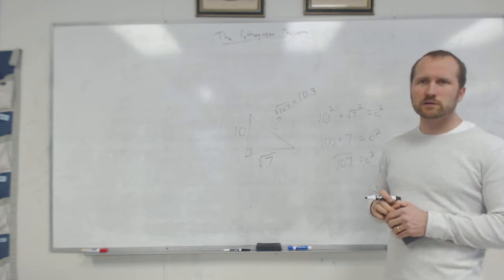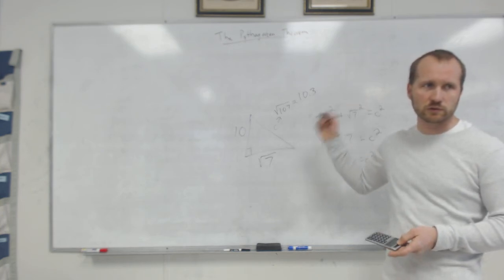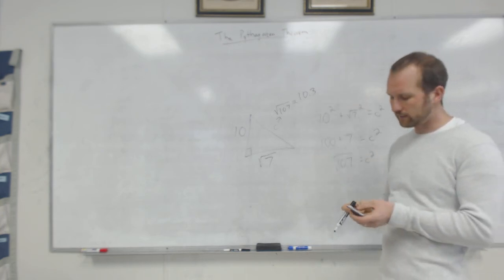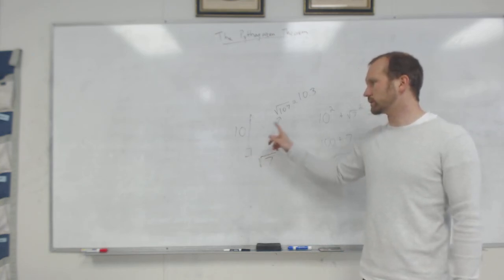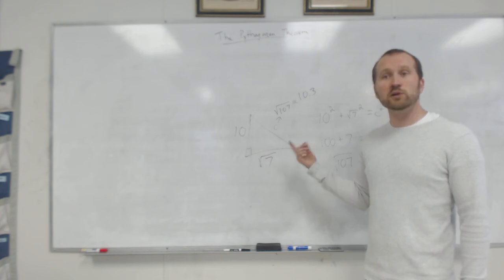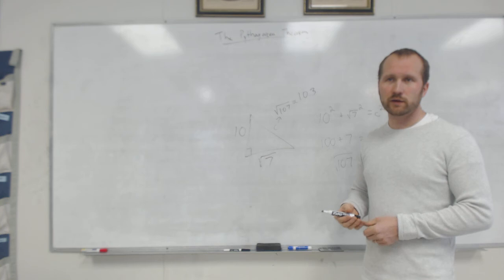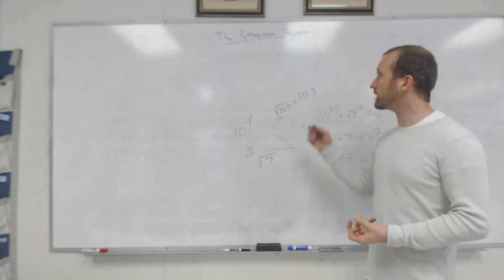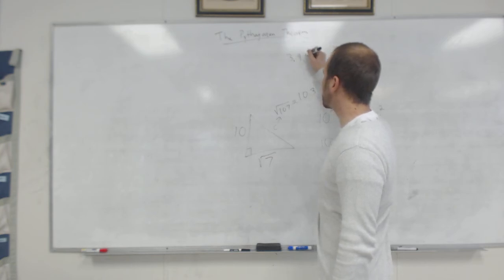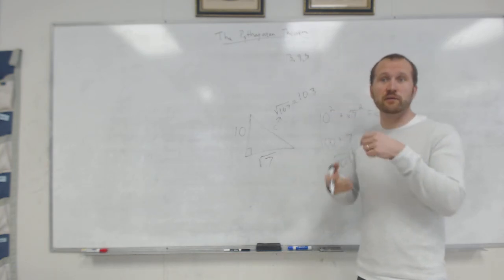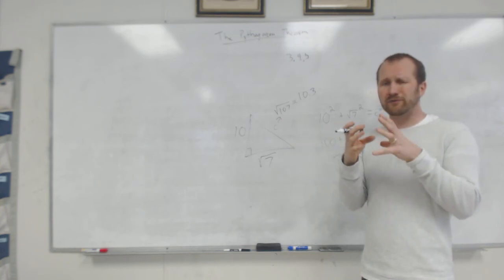Does that make sense? Sometimes you'll get decimals or square roots, and that's totally fine. You don't have to have a triangle that has perfect integers for every side. When you do, those are called Pythagorean triples. And you can actually find out what the Pythagorean triples are. Like the first one is 3, 4, 5. And there's a whole bunch of other ones that you can find where 3 different numbers can form the sides